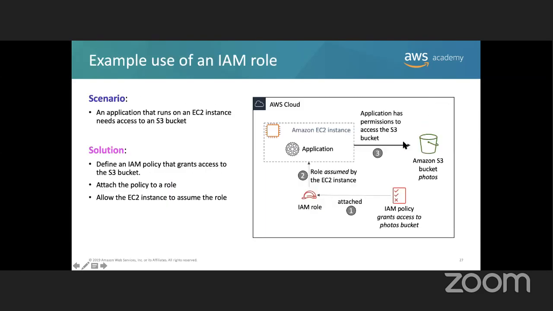That's the process. You create the policy first. You have the policy in place, then you create the role attached to the policy. Then you create the EC2 instance attached to the role, and then the EC2 instance can access the bucket. That's how it's done.